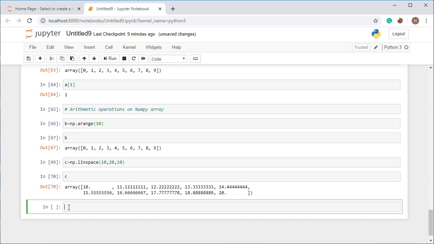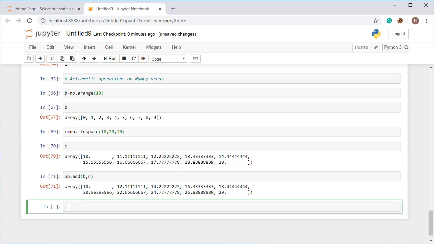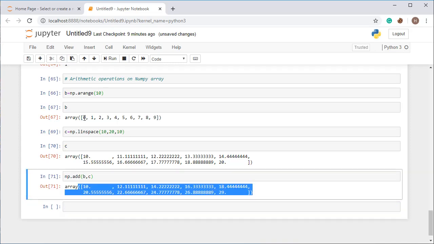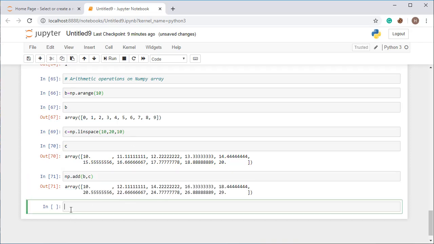Now I am going to perform addition first. For that we have to use the add function. So you can do it like this, np.add and pass both arrays separated by a comma. Now you can see that both the array elements have been added, 0 plus 10 is 10, 11.111, then 1 plus 11.111 is 12.111. You can see the things like this.